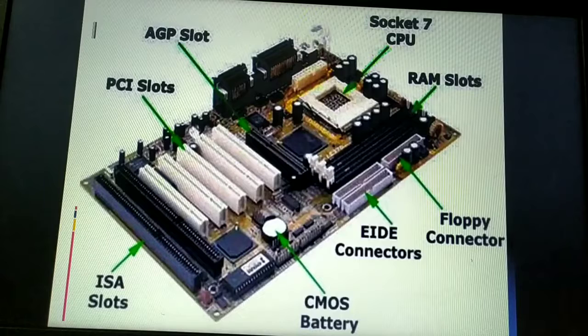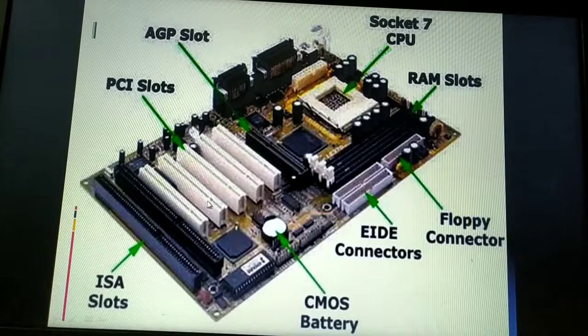Why are they called expansion slots? Because they allow us to expand the capabilities of the computer. These expansion slots serve the purpose of adding certain extra functionality to the computer. These expansion slots are located on the motherboard.